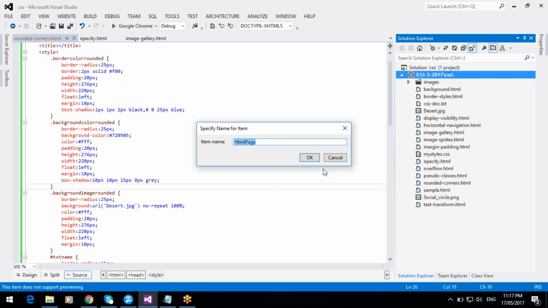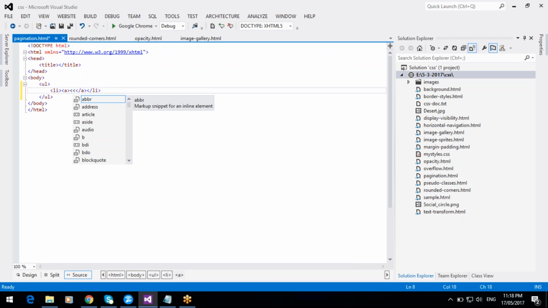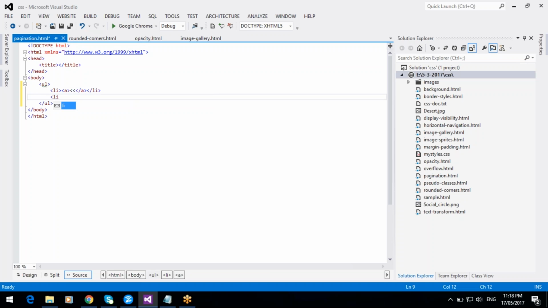So create an HTML form for pagination. So use unordered list, and li tag. Within li tag we need anchor tag previous button, and li tag anchor tag 1,